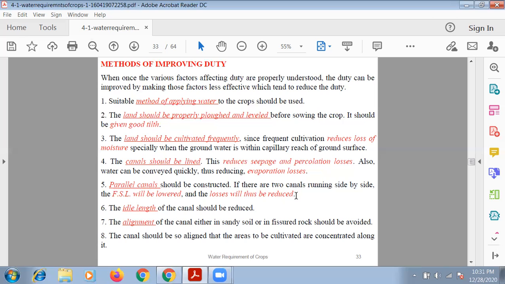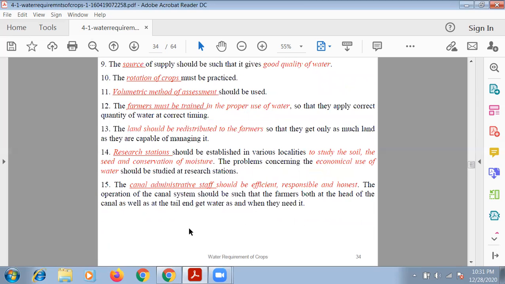In case there is too much flooding, the flood water can be diverted to the adjacent canal, and thus the excess runoff losses can be reduced. The idle length of the canal should be reduced. Idle length is the length from the source to the point of application, so that length should be lowered. The alignment of the canal in sandy soil or fissured rock should be avoided, and the source of the supply should